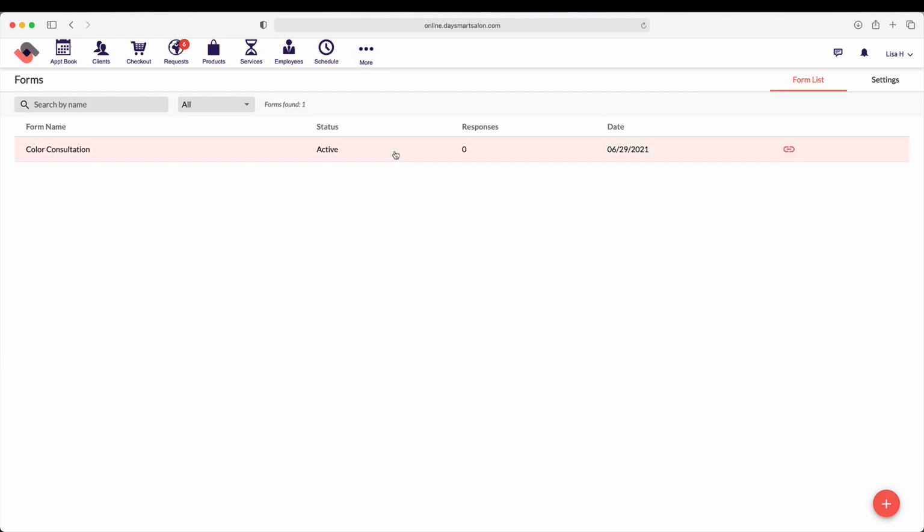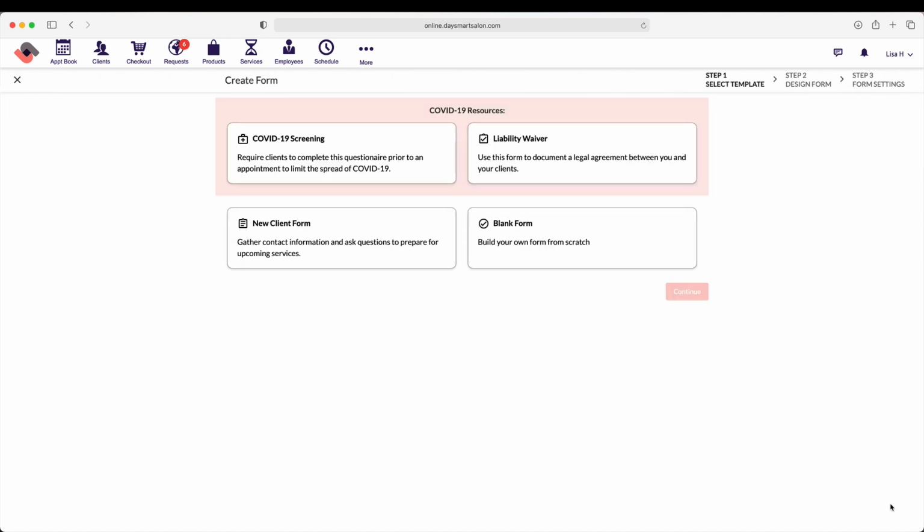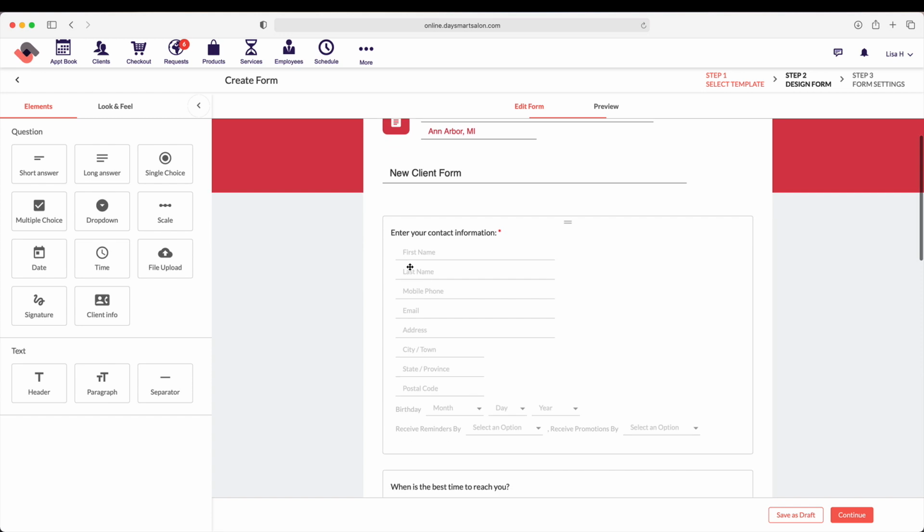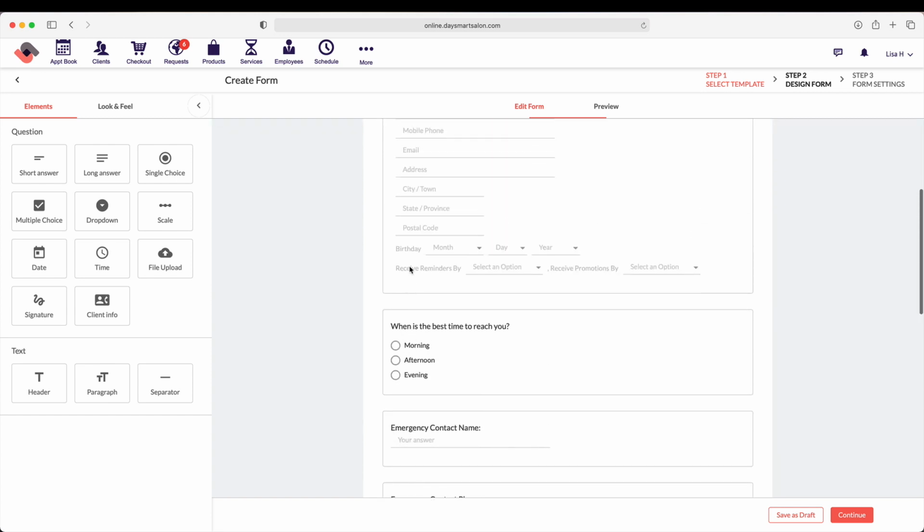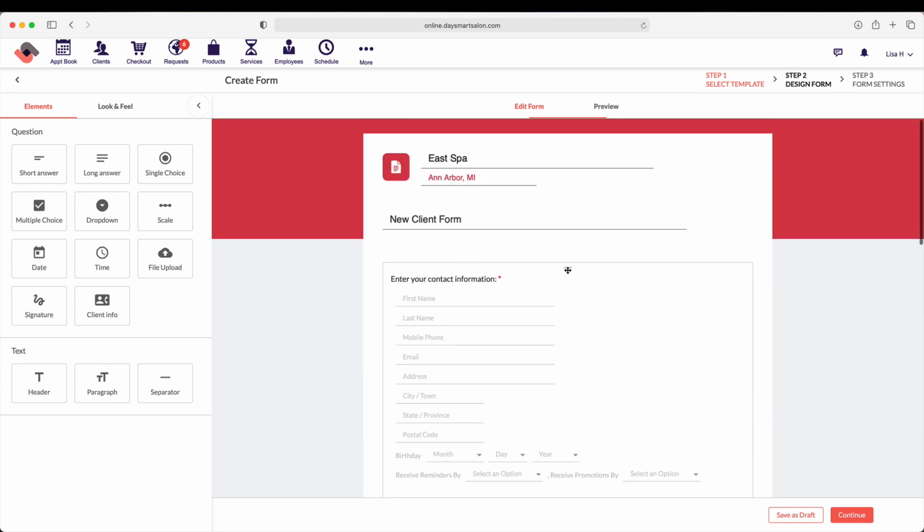You can see that I already have one form created, but to create a new form, let's click the plus button. We have a few pre-designed forms that you can choose from or create your own. But let's take a look at this new client form. The form is already pre-populated with some questions, but all of this is editable. You can click and uncheck fields that you don't need,